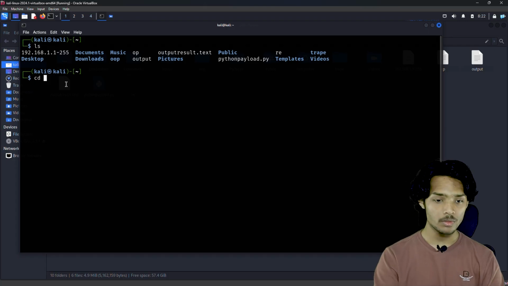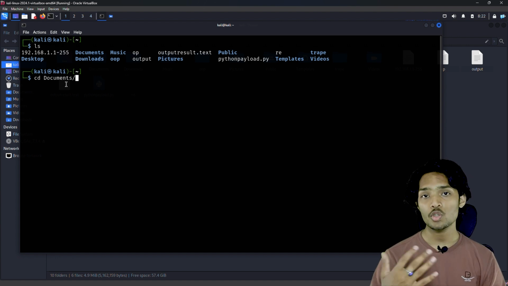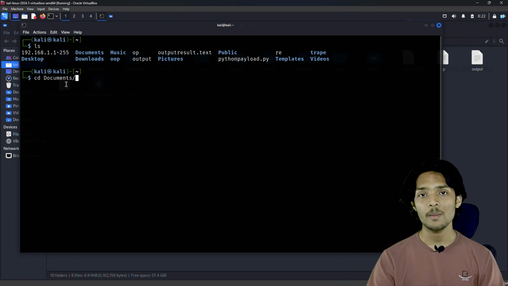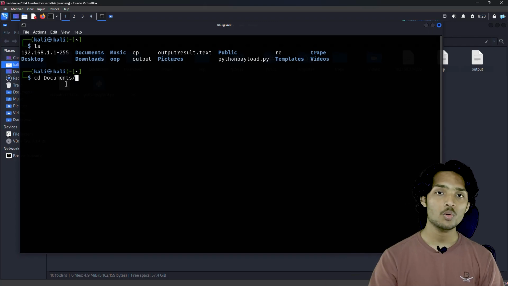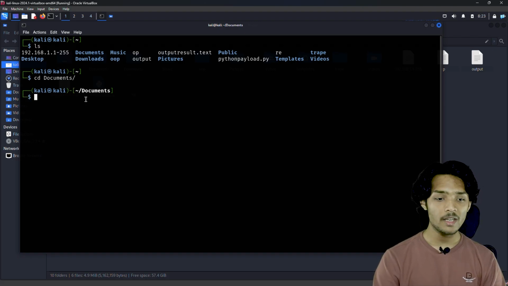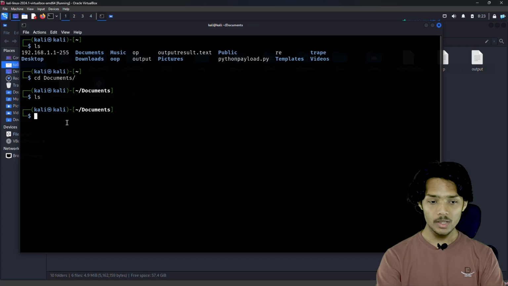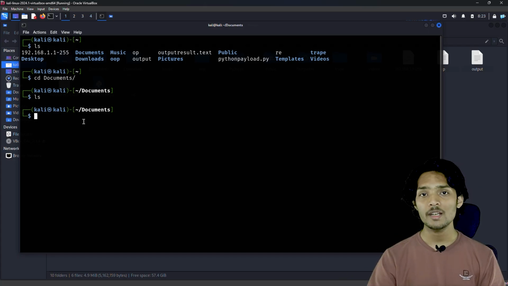Suppose we just type cd doc and hit the tab button to complete its name. It is a shortcut to complete the name instead of typing the whole name if it's longer. So you just have to type some letters of that directory and hit tab or the arrow key if it is showing on your terminal. As we hit enter, you can see we are in the documents directory, and if we type ls here, you can see there is nothing inside this directory